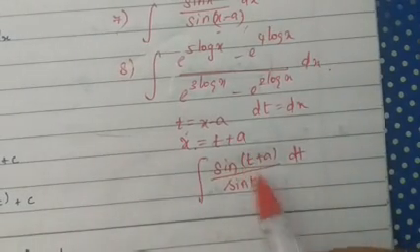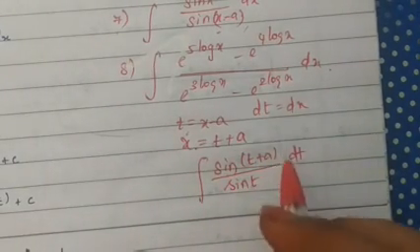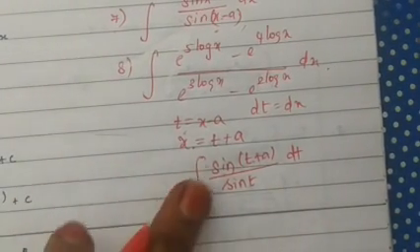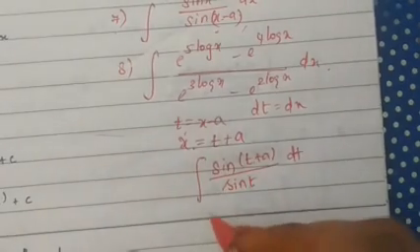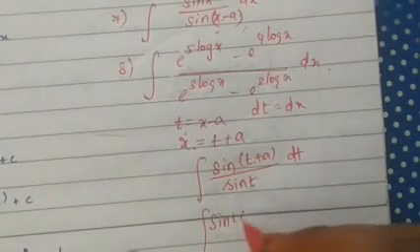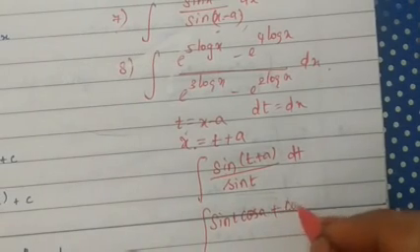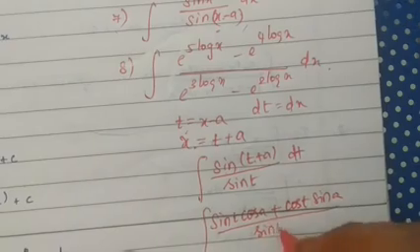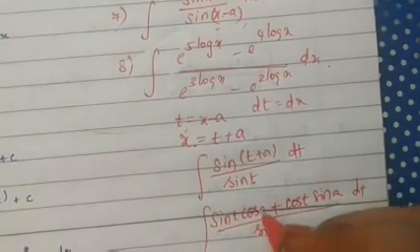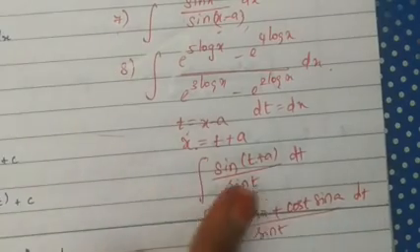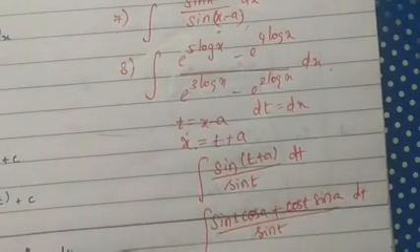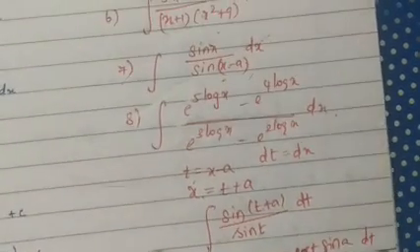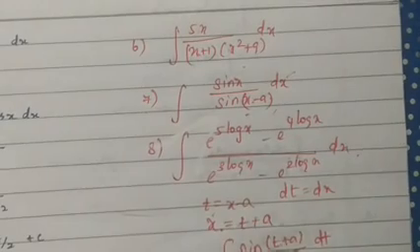Now the numerator is of the form sin of x plus y, that is sin x cos y plus cos x sin y, divided by sin t. So you will get the integral of sin t cos a plus cos t sin a divided by sin t into dt. When you split the integral, cos a and sin a are constants. After separating the integral, for the first integral cos a is a constant, for the second integral sin a is a constant; after that, integrate and write. This is one of the example sums, just go through the example sum there.